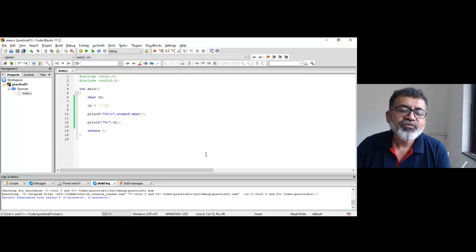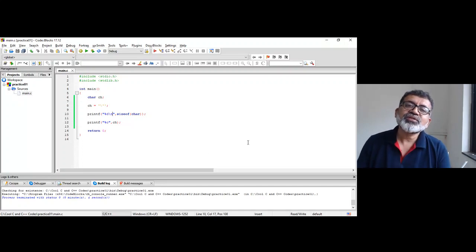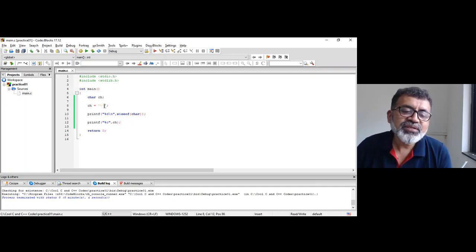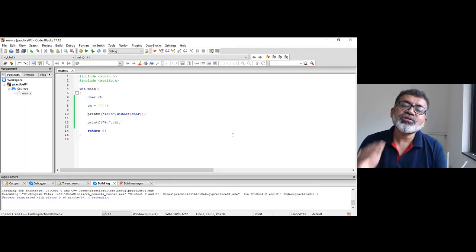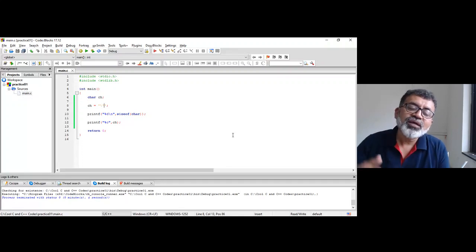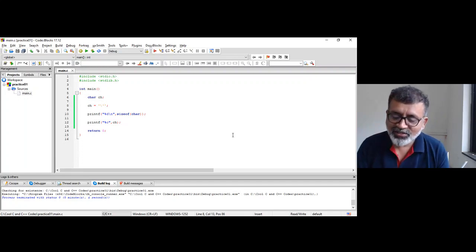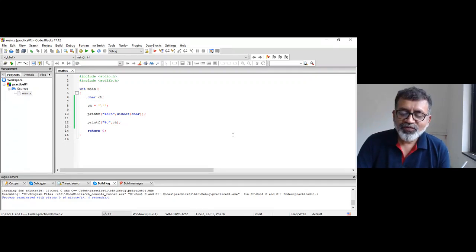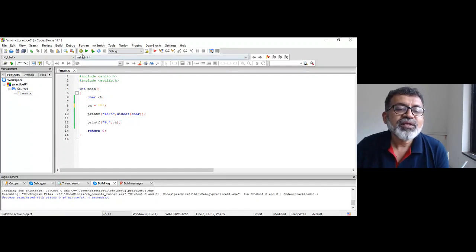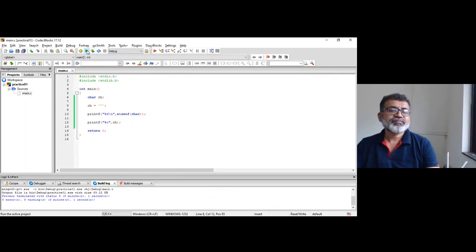Like we used to write slash n, which is called the new line character. This is an escape sequence, used for characters which you cannot print directly because they are part of the syntax. So if you write a double quote here, let's see whether it is printed.